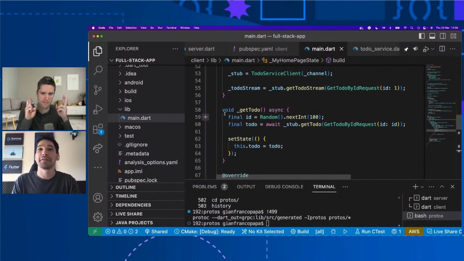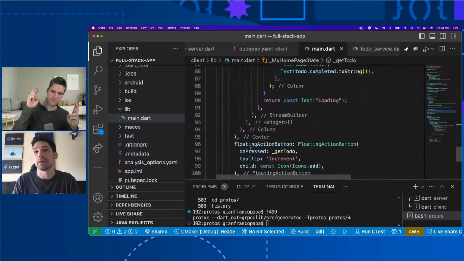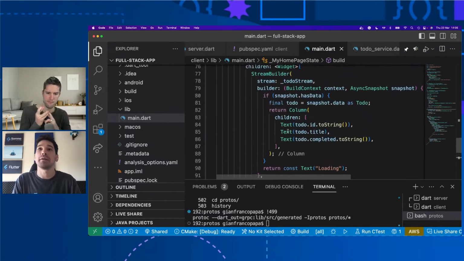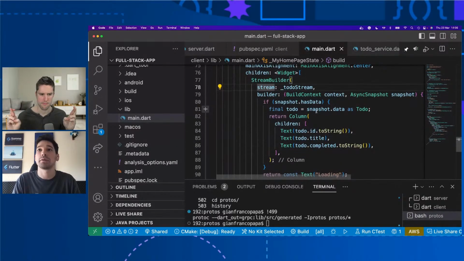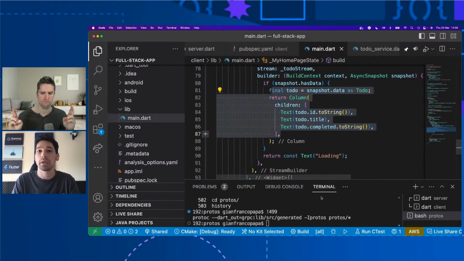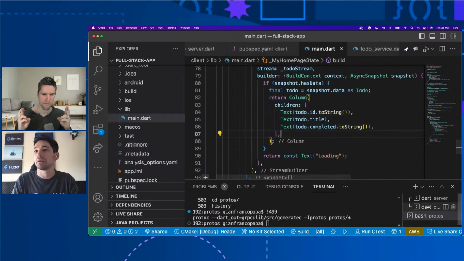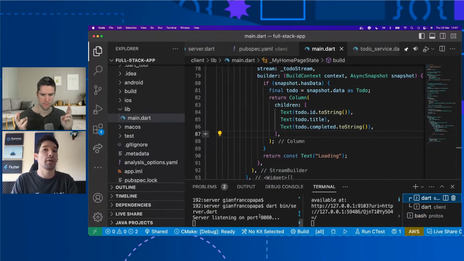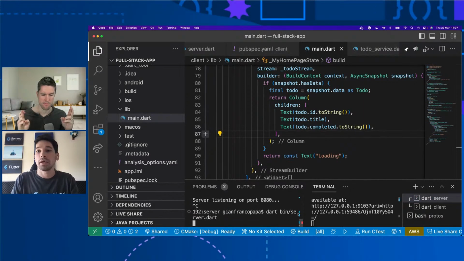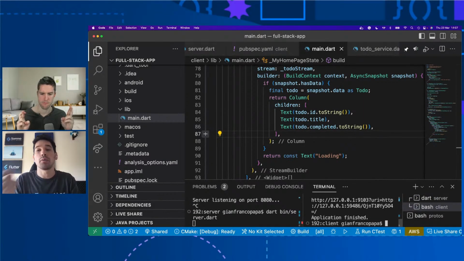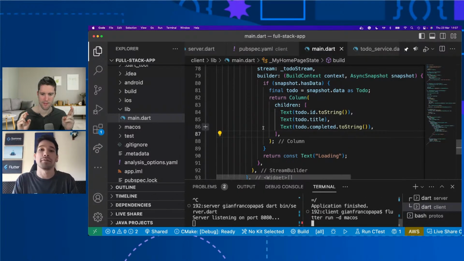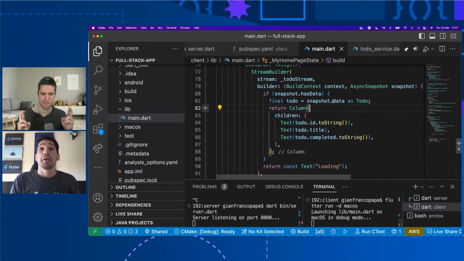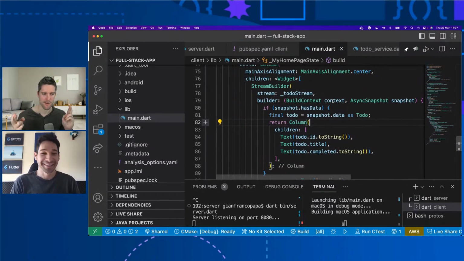So I'm reviewing a little bit. This getTodo one can be called, but it will be the other method, and we are calling the stream directly and using a stream builder to present the data. So if we go again, let's rerun our server, right? Because we made some changes. Good idea. And let's rerun. Oh, we could actually have used the hot restart. Yeah, but okay, just my bad. Yeah, this one we needed a cold restart.